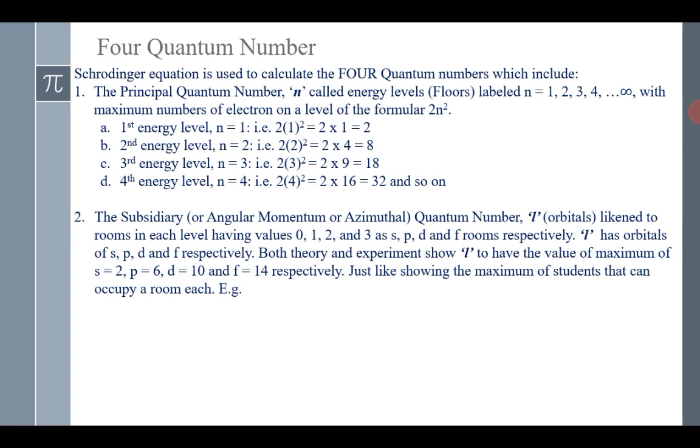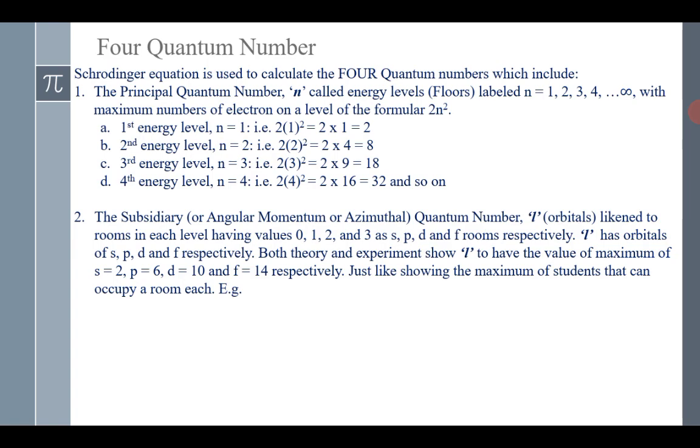And we need to know that the number of orbitals, or the type of orbitals, found on a particular energy level still depends on the principal quantum number. As you see, the principal quantum number will dictate how much of the S, P, D, F are to be found on each energy level. So it means that not all energy levels have all the 4 orbitals, depending on what the principal quantum number says on that level.